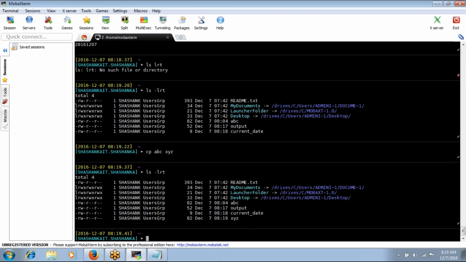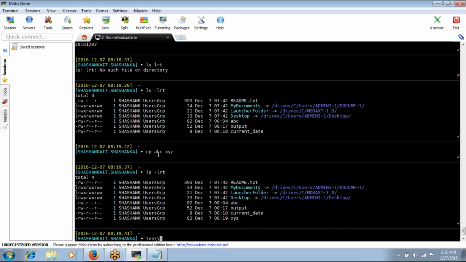There is another copy command, which is tee. By using the tee command you can also copy, but when you do the copy, it will display the content. Whenever I do cp ABC XYZ, I don't know what content is in ABC. If you use the tee command, it will show it.